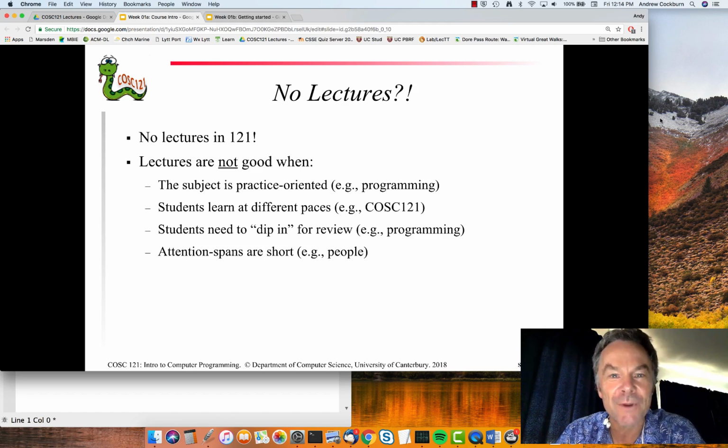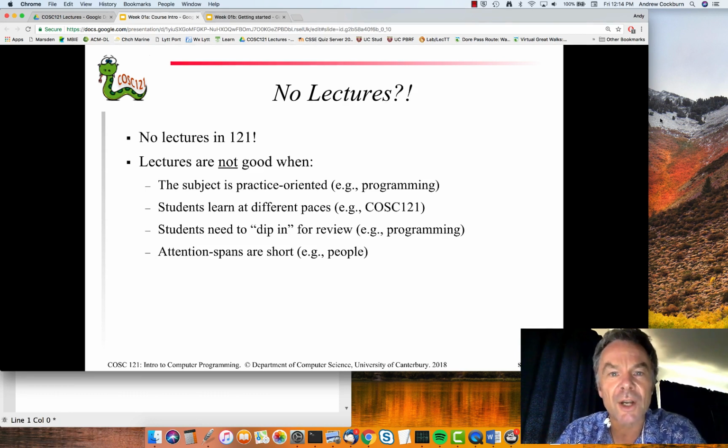Through that time we've come to learn that lectures are not a great use of your time or ours for disciplines that are practice-oriented, and programming is absolutely a practice-oriented discipline. You learn to program by doing, not by listening to somebody like me talk on a stage for 50 minutes. Even when we make the lectures highly interactive and include demonstrations of live programming, it's still much better for you to spend time doing it yourself with a programming environment than listening to us do the programming instead.